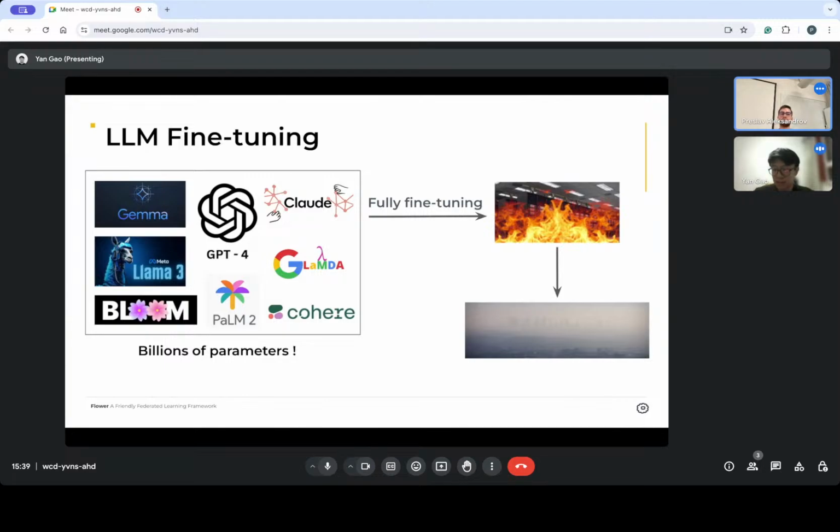So if we want to fine-tune them to a specific domain with all the parameters, it will indeed burn tons of GPU. Of course, it's not eco-friendly, and not many people can afford it. So is there any solution for that? A natural thought is: can we do the fine-tuning more efficiently instead of tuning the whole model?